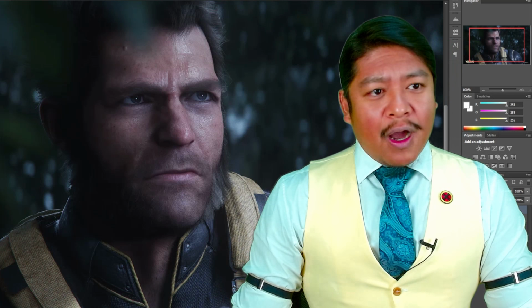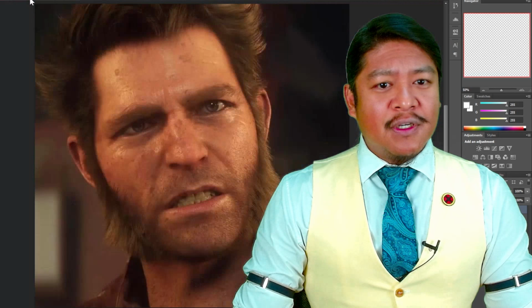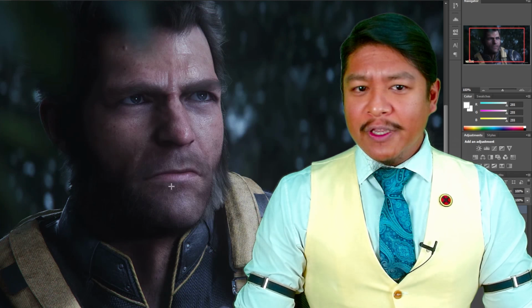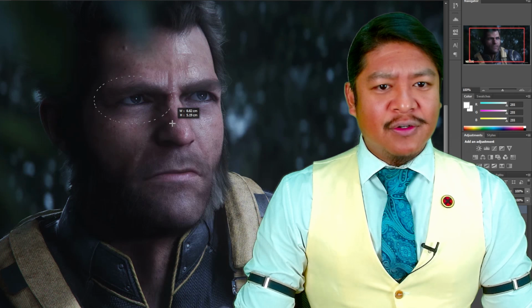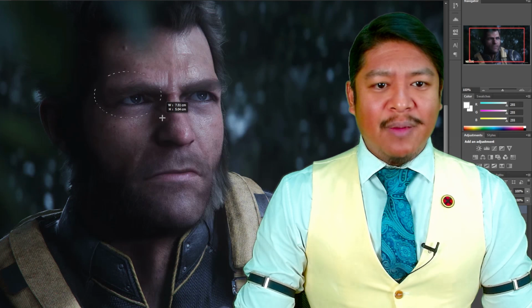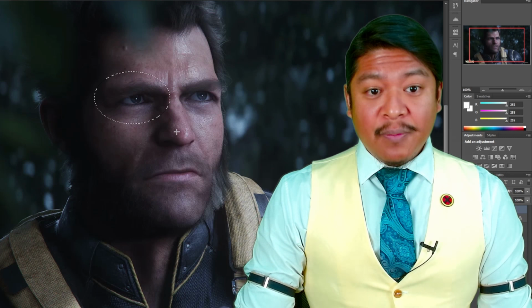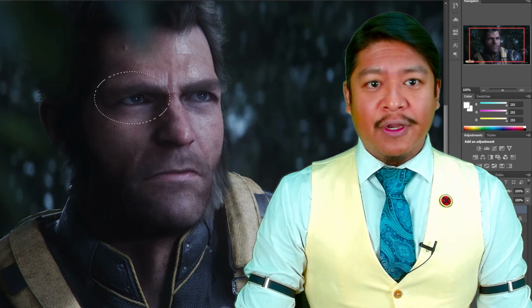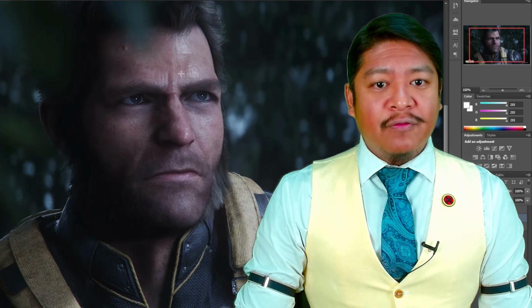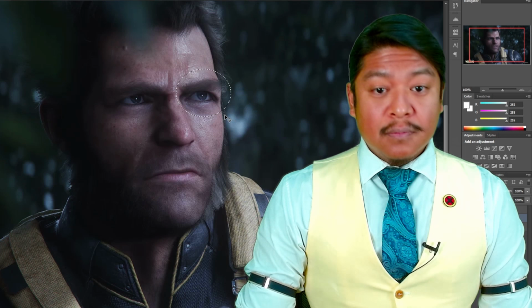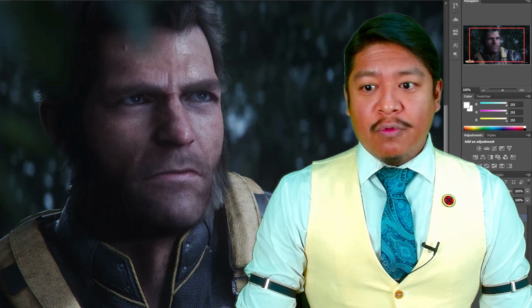So I'm going to load two images here into my image editing program. And what I feel the issue is, I feel like the character's eyes are just too big. So what I'm going to do is just copy and paste that onto a new layer here. And we'll do that for this eye as well. Now we'll work with one eye at a time.